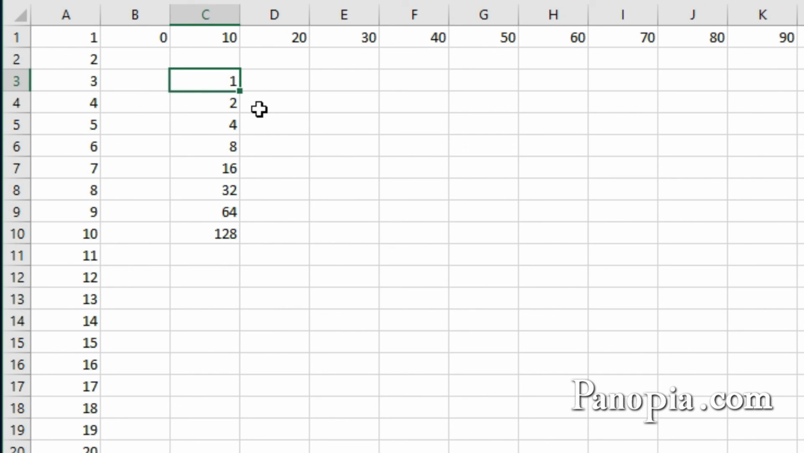2 times 1 is 2, 2 times 2 is 4, 4 times 2 is 8, and so on. When it got to 128, it stopped, because 2 times 128 is more than the stop value of 200. Though the series fill will also work with dates, I found it's easier just to use the fill handle when